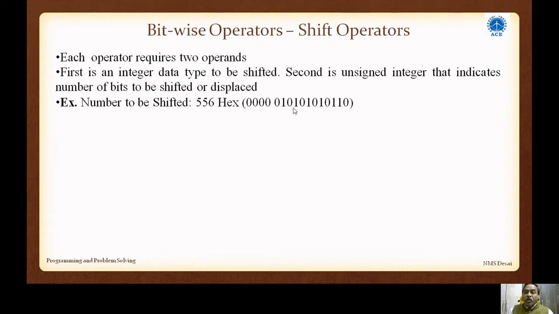What does it mean? I have 2 bytes here. 4 bits, 4 bits, 4 bits, 4 zeros added, 4 bits. So up to 8 bits. 0, 0, 0, 0, 0, 1, 0, 1 is 1 byte. 0, 1, 0, 1, 0, 1, 1, 0 is another byte. Now this is to be shifted. Now let us understand. The number of bits to be shifted is 2. First I will take left shift, right shift, right? Each shift and rotation we will handle. We'll try to understand it.